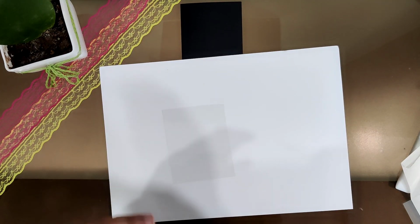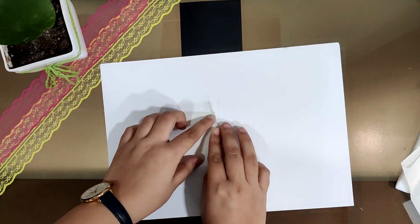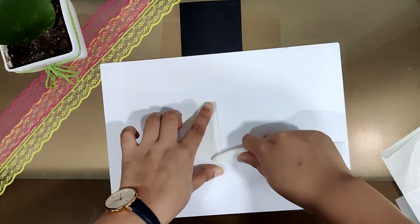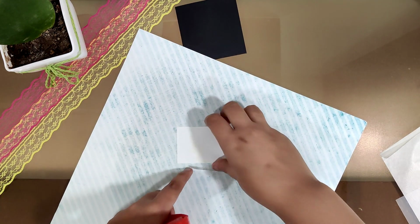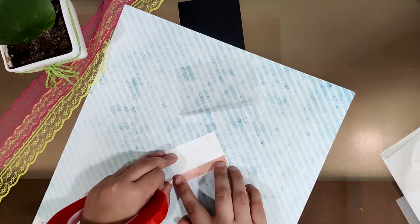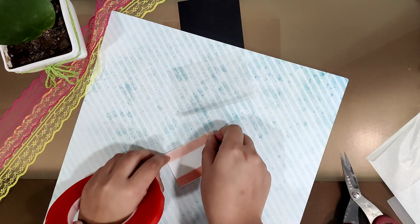So just place your acetate, place your photo upside down like this, and fold your acetate on one edge and burnish it. Fold your acetate on top of it like this. Take some tacky tape. Do not use glue for this step, or it might take a lot of time to dry. I'm taking a 1/2 inch tacky tape and I will be applying it on one edge of the photo. Just cut it down, apply it on the other edge